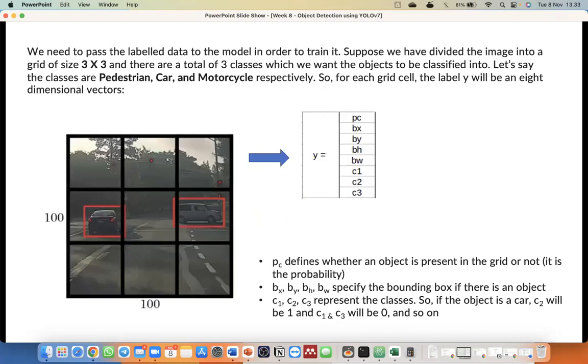Any question? So every grid will contain 8 values, so this one will contain 8 values. My question is, if I have this one, what are the values of PC, C1, C2, and C3?